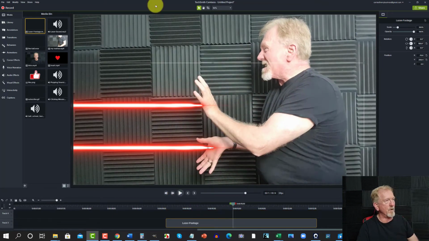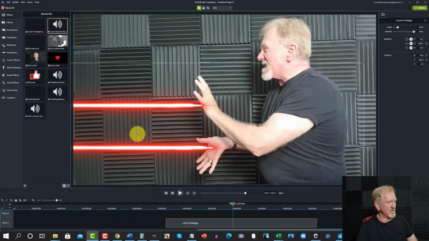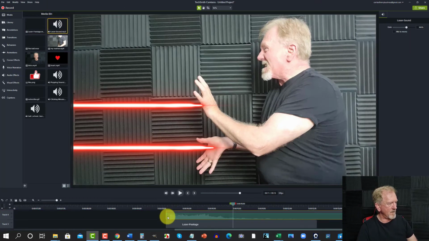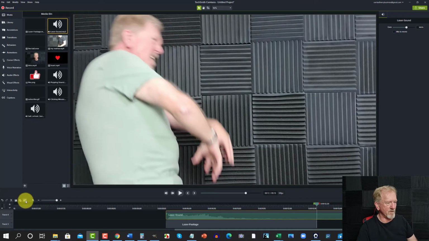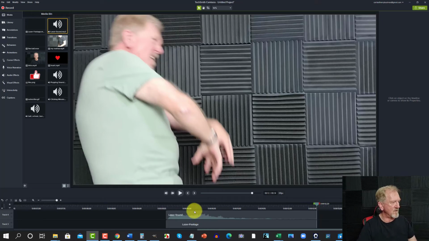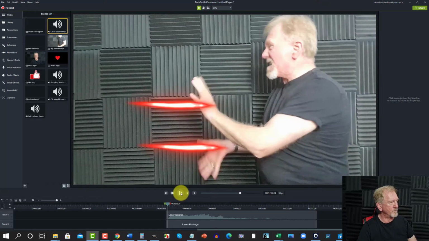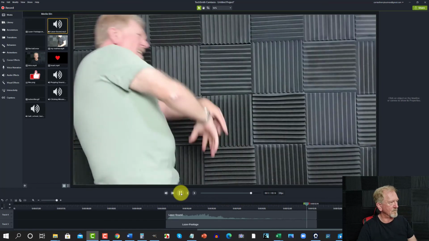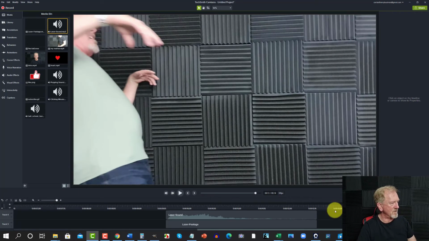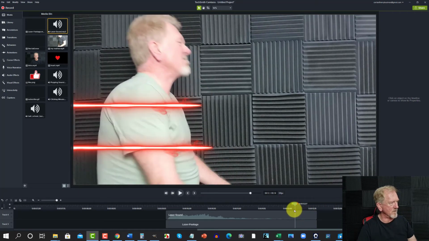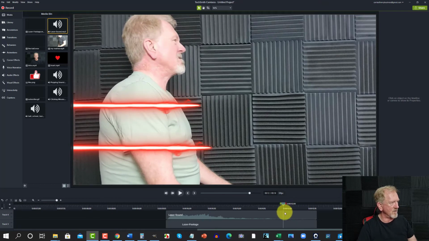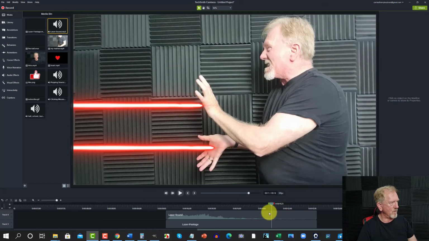Now all I need to do at this point is the laser sound, add that to the top here. Now what I'm going to do is slice this further back here so it's shorter, and we will adjust the sound and where it fades out in just a minute because I may need to readjust this. Okay, now I need to readjust this due to the fact that it's now gone onto the other part of the screen. So this is why I need to readjust it. I need to figure out, okay, once that new frame starts,